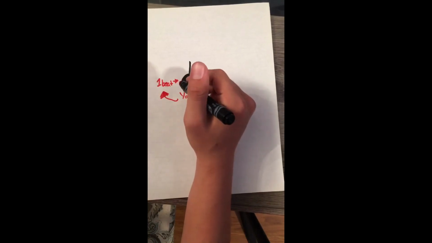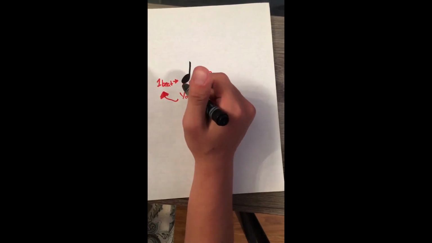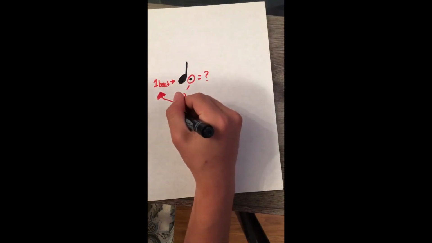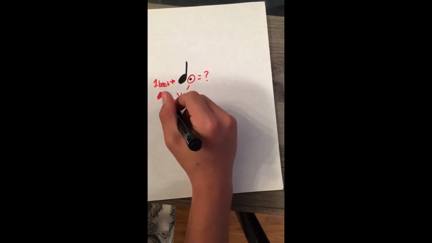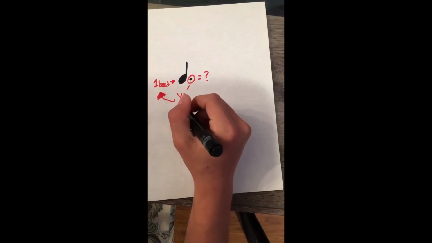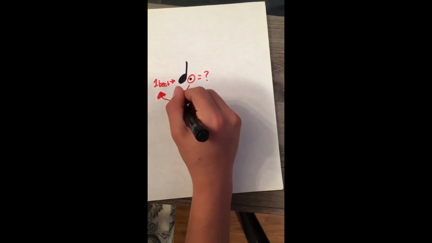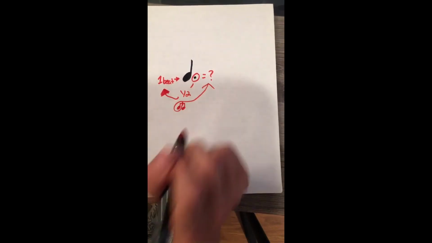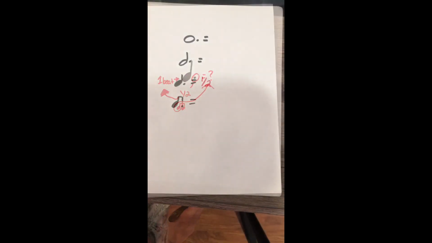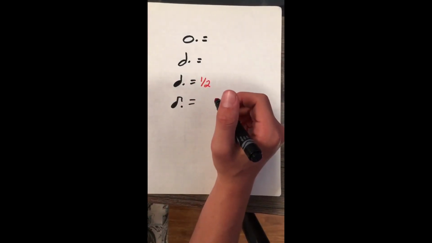So, since the quarter note is 1 beat and 2 eighth notes make up a quarter note, and an eighth note is half of 1 quarter note, 1 eighth note is how much the dot equals for a quarter note. Since we already know that a dotted quarter note equals half,